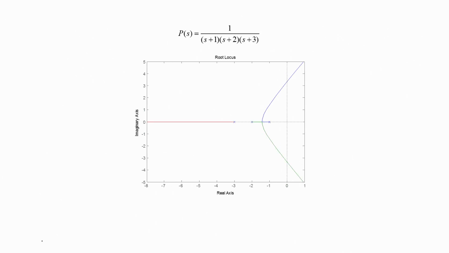Now, having seen how we can employ root locus in order to get a certain pair of points in the complex plane to be the dominant pole locations, even when those points do not on their own lie on the root locus of the plant, we shall now take another example to further explore this particular aspect of root locus based design. So, we shall come back to this same plant, P(s) equal to 1 by (s plus 1) times (s plus 2) times (s plus 3), and this time, earlier in the previous example we wanted the closed loop poles to be at minus 1.5 plus minus 2j.